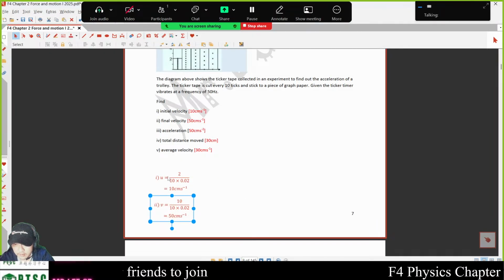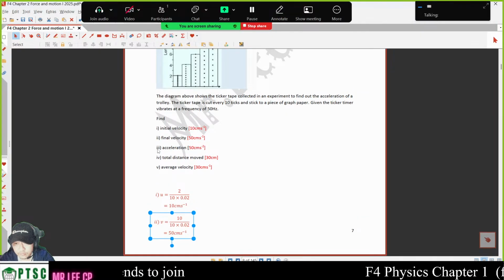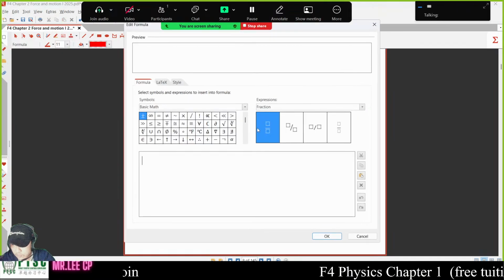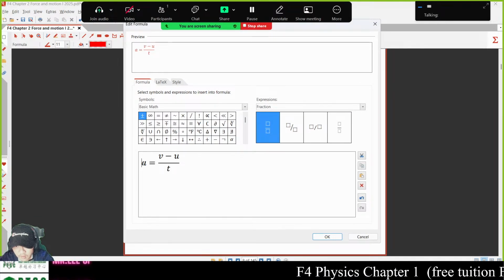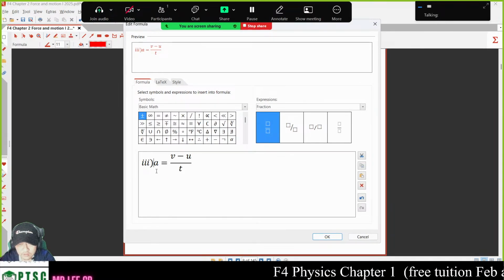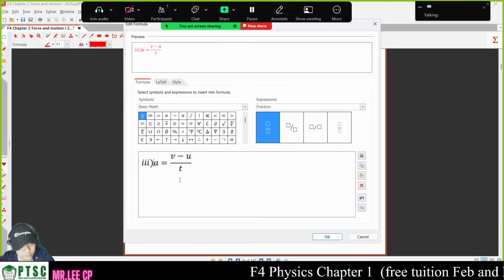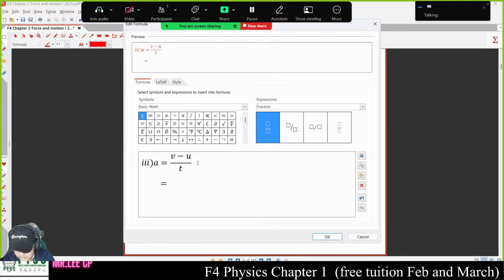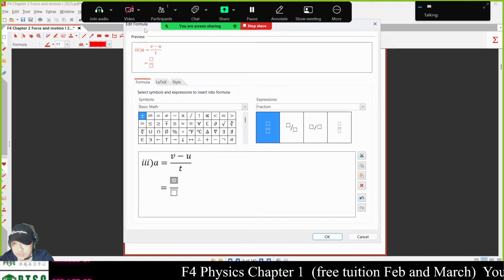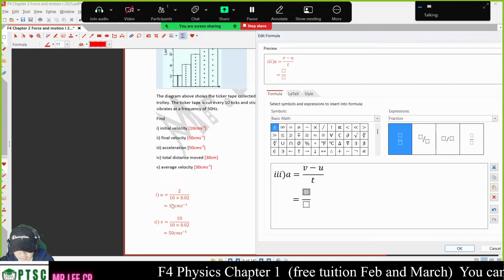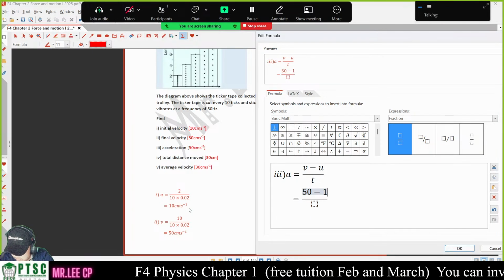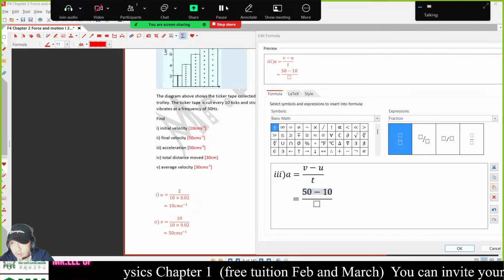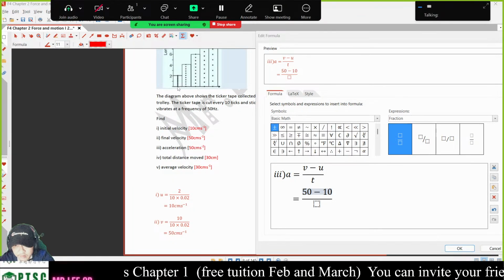Okay, so I got U, I got V already. Now I want to find the acceleration. So how to find the acceleration? A is equal to V minus U over T, right? So V, I got just now, 50. U is 10, right? 50 minus 10, over the time taken. Now you need to be very, very careful here because of this one